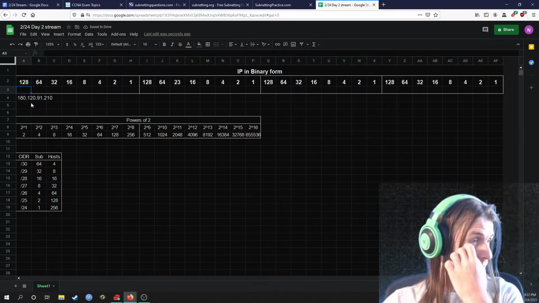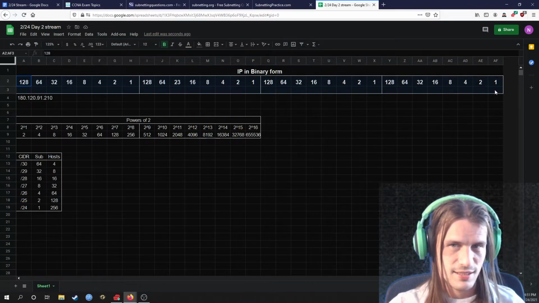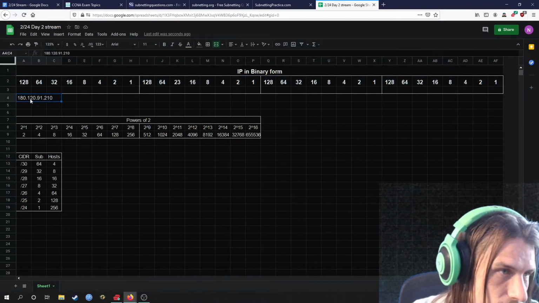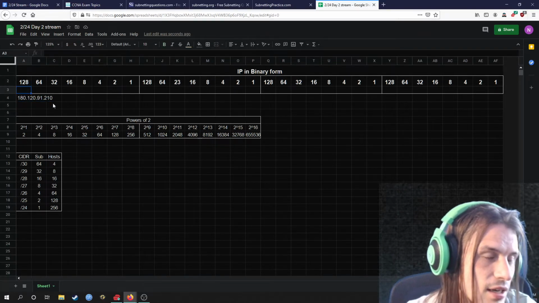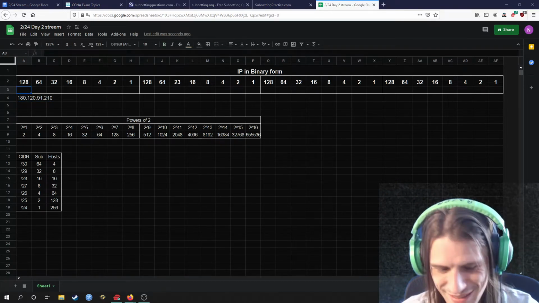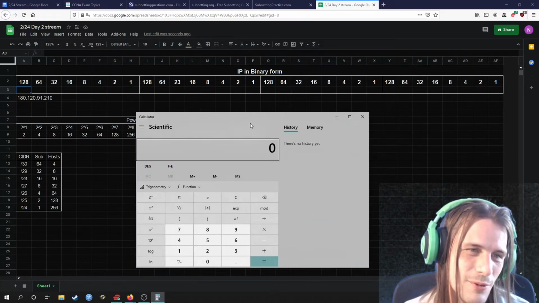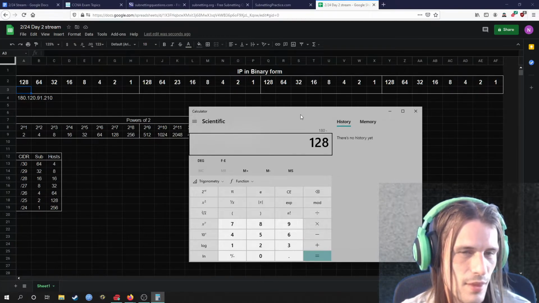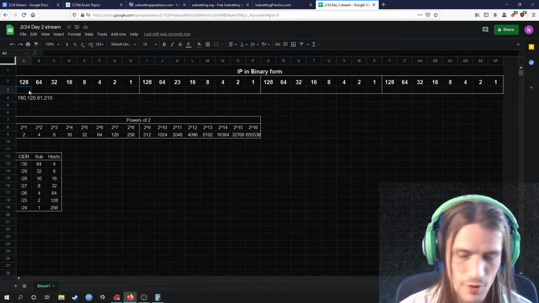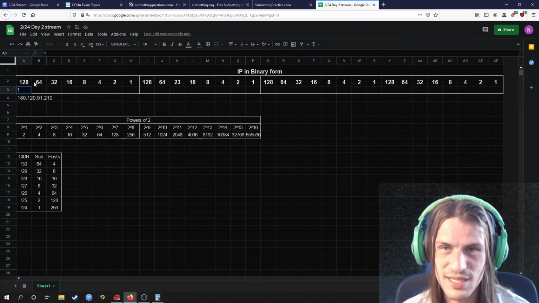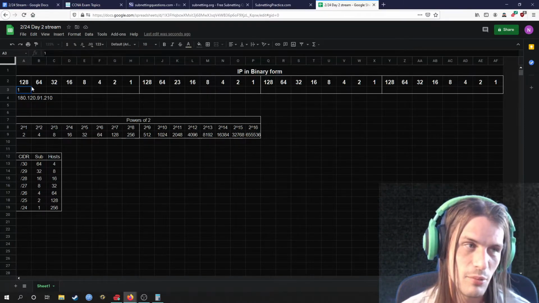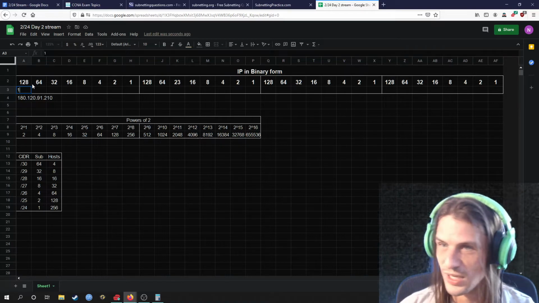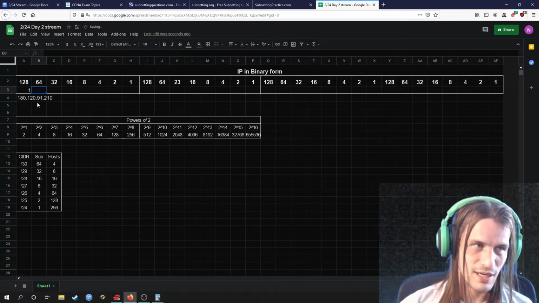So if we wanted to represent this IP address as these octets, it's not that hard. We move left to right and we just subtract this number from this number until nothing's left. So we would take 180 and we'd minus 128. My brain is not working right now, and I don't want to mess up on a stream, so we're just gonna do it like this. That's gonna leave 52 left over, so we're gonna put a 1 here because that means this place is active. We used 128 to take away from 180, so we put a 1 there, and there's a remainder